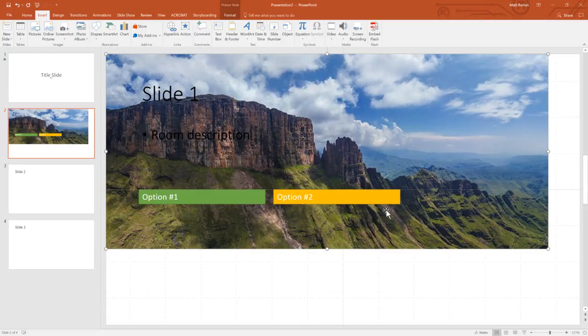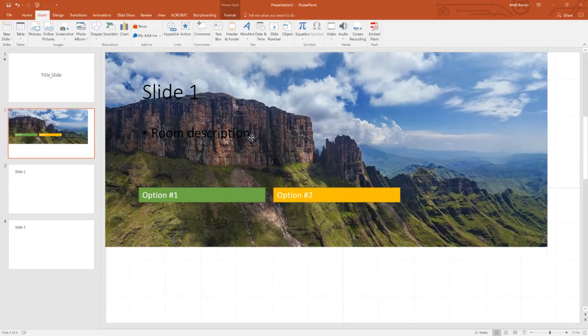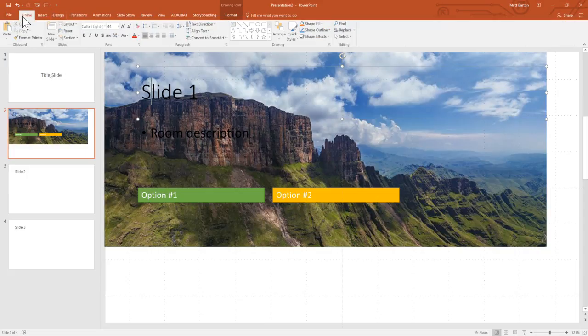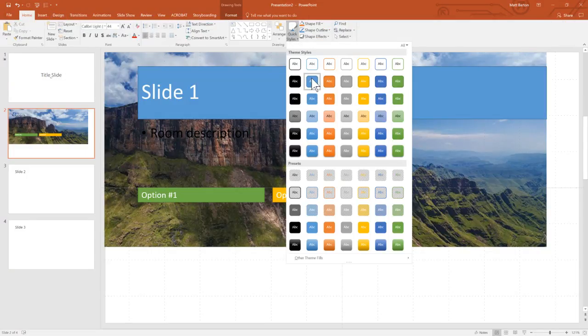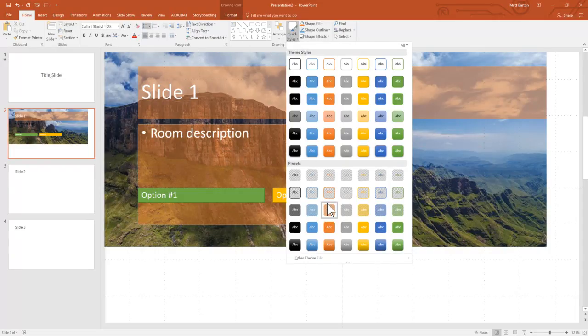And at this point you'll have to get in here and play around with the design of that. Let's see, under home again, you go to quick styles. Some of these are actually transparent, looks like. Yeah, see, some of these, you can still see the background a little bit. But you just want to make sure that they can actually see the text on your